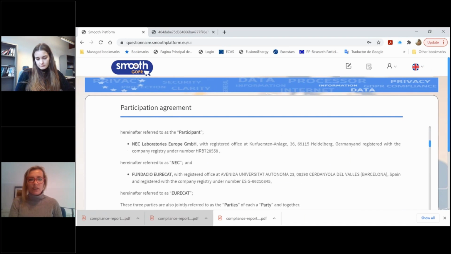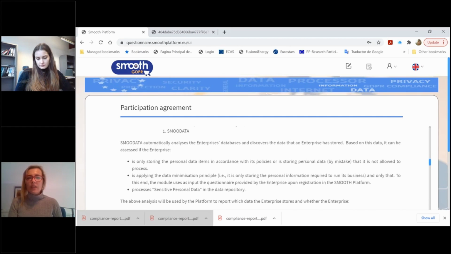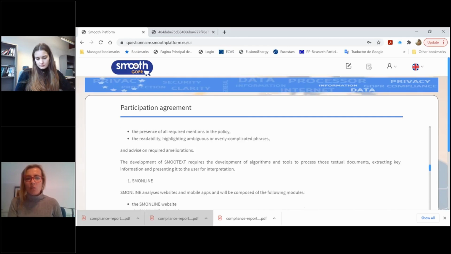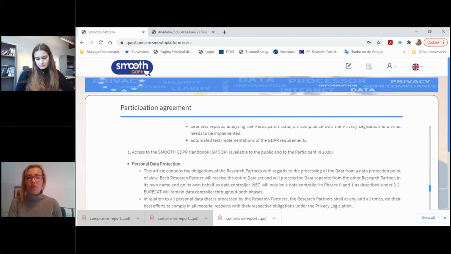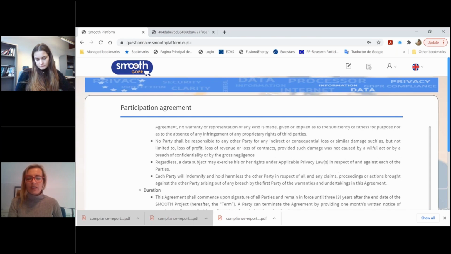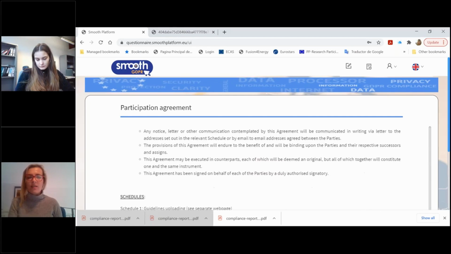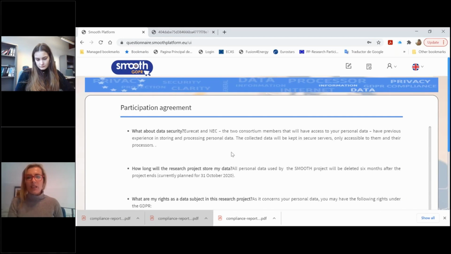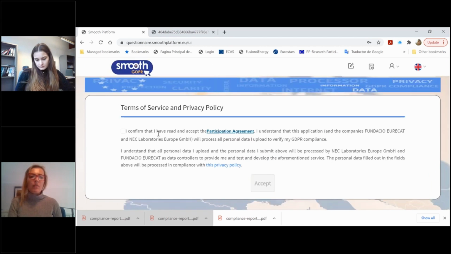If I go here, I first have to read the participation agreement. This is a quite long document for us to be compliant with the GDPR. Here are all the terms of use of this platform. We explain what we do with the data. Of course, we delete all the databases and files once we generate the report. Once we reach the end of this document, we can click the accept button, and then I can start